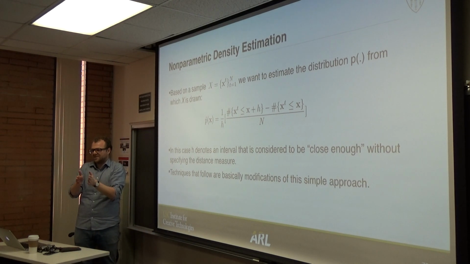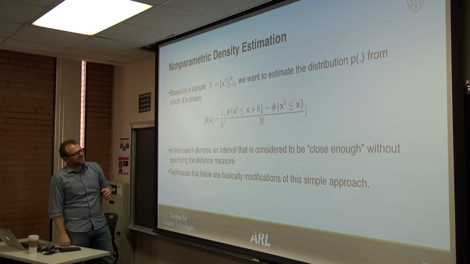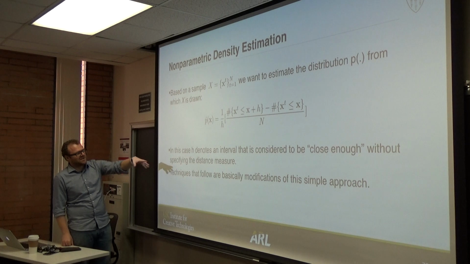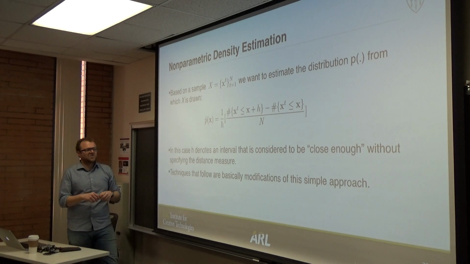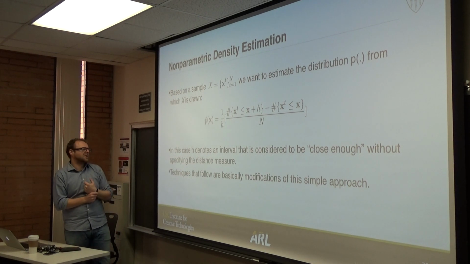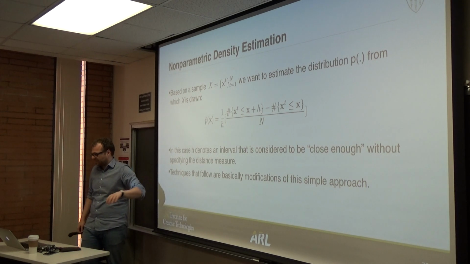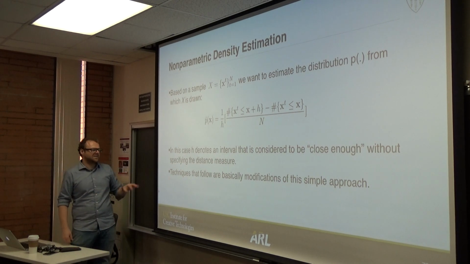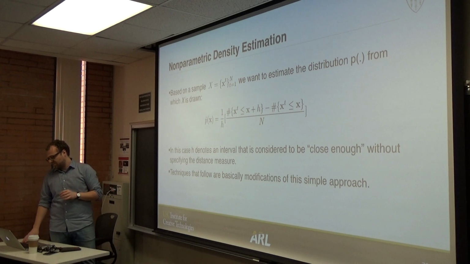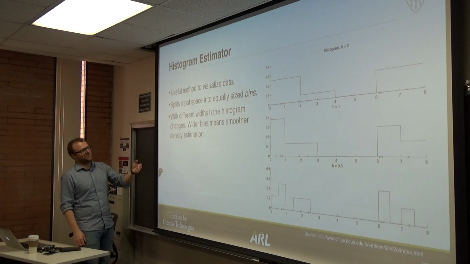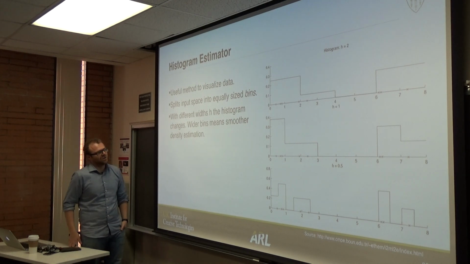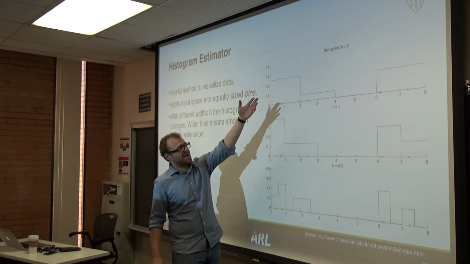close enough parameter. It defines a neighborhood, okay? So in this case, h denotes the interval that is considered to be close enough without specifying the distance measure, and all the others are too far away. The techniques that we show afterwards are basically just modifications of this simple approach that relies on counting. And so the first one that we could look at, for example, is if we choose h equals 2,